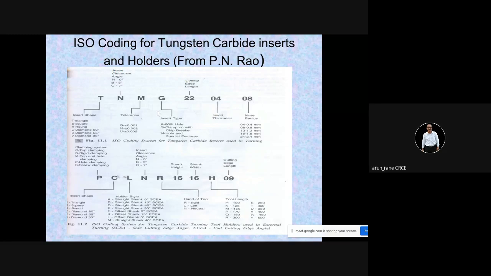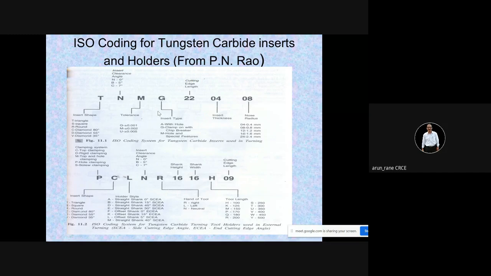I hope you remember what is tool offset. Tool offset is nothing but you are specifying the distance between your machine zero point and your tool point. So you should understand where the tool cutting point is. You have to define where the tool cutting point is with respect to machine zero point, with respect to machine home position. That is what is called the tool offset.